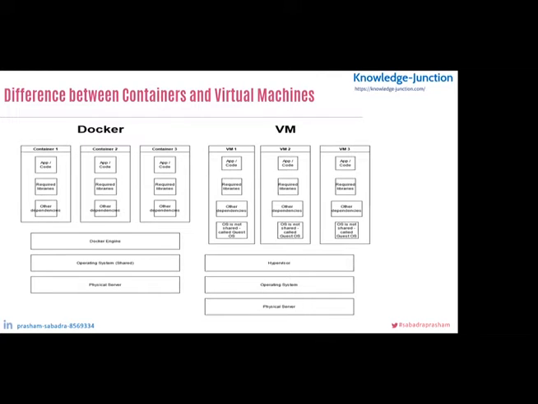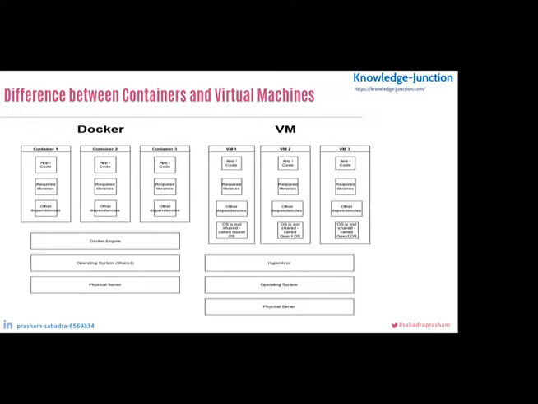If you see the difference, with virtual machines the operating system is not shared, whereas with Docker the operating system is shared. The virtualization technology comes with the hypervisor. And then we have virtual machine 1, virtual machine 2, 3, with their independent OS. We call it a guest OS. The operating system is not shared. This is one of the major differences between containers and virtual machines. A virtual machine has its independent operating system. For example, if we create a virtual machine in our Azure environment, it will ask us for the respective operating system.